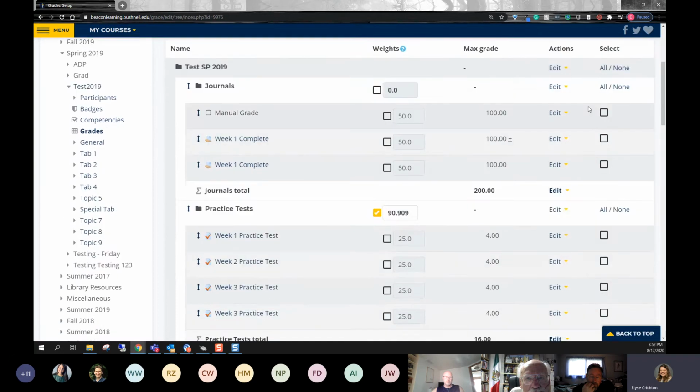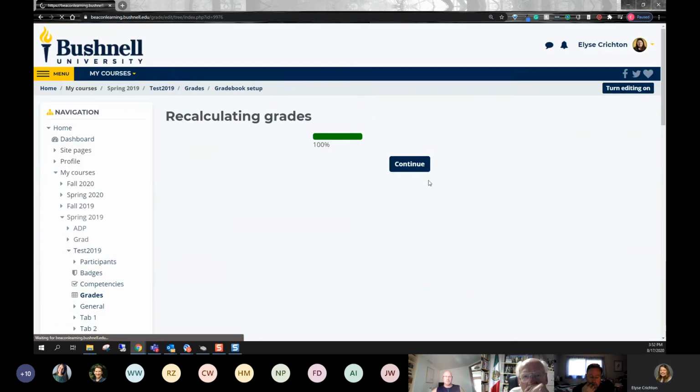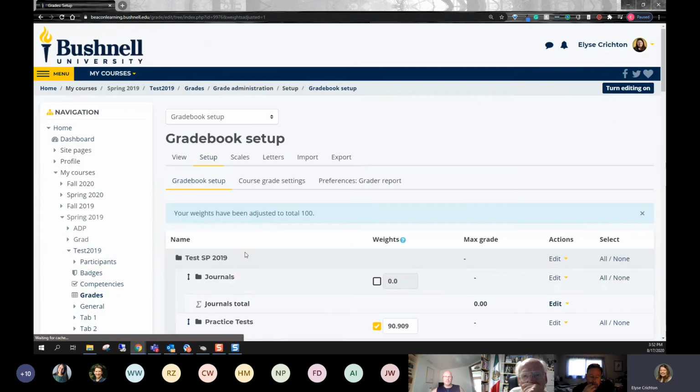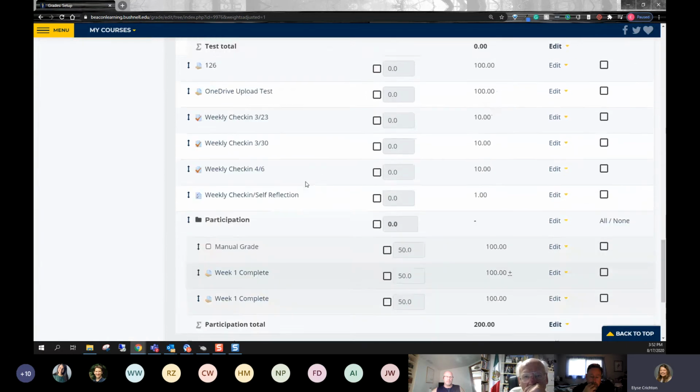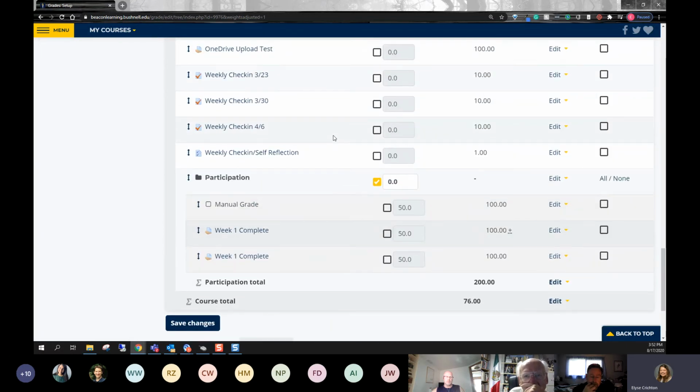You can add any of your activities into the category that you've created, participation, and it'll recalculate. And now you can mark this participation folder category with however many percentage points you want for that weight according to your syllabus.